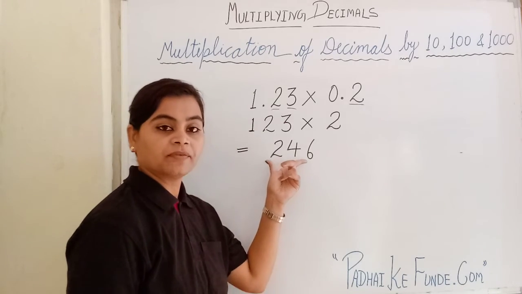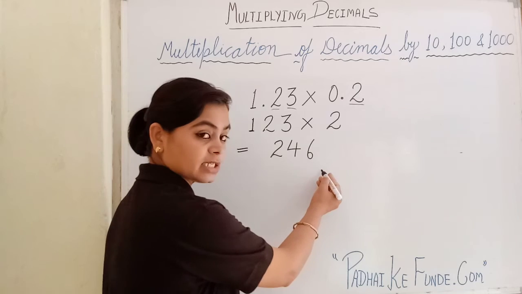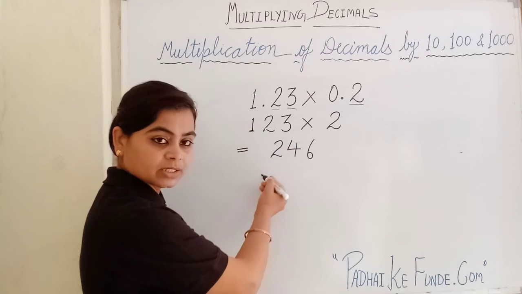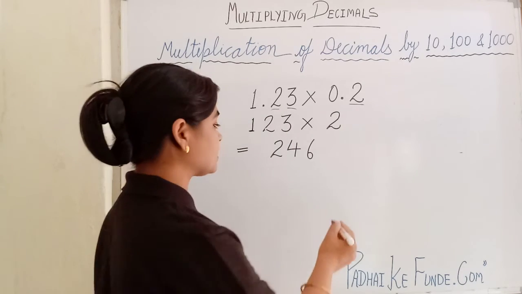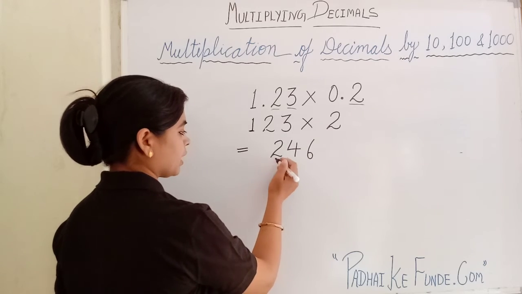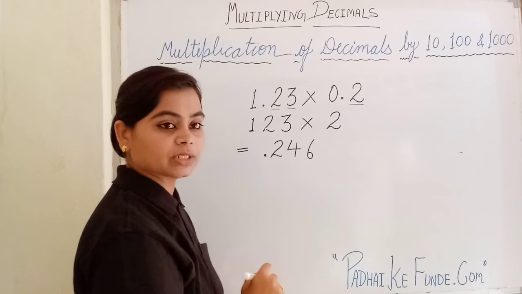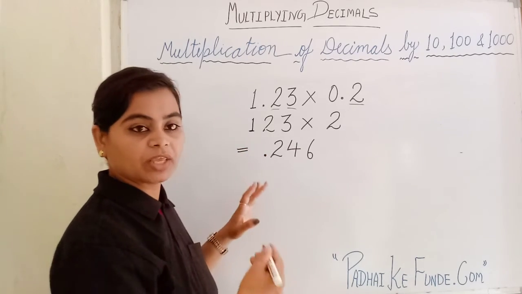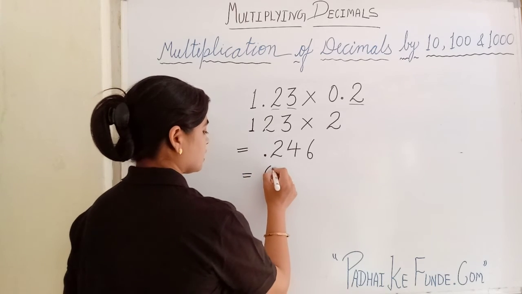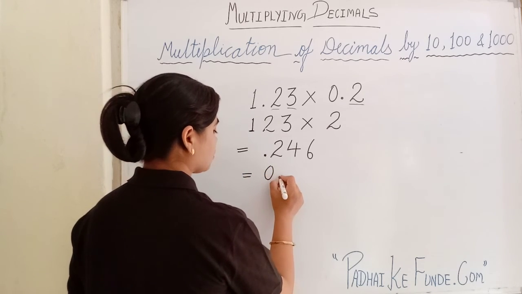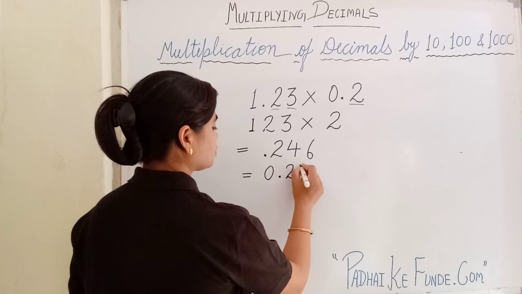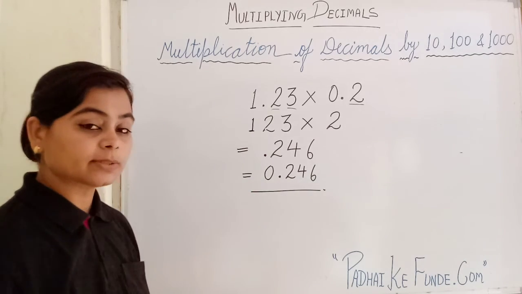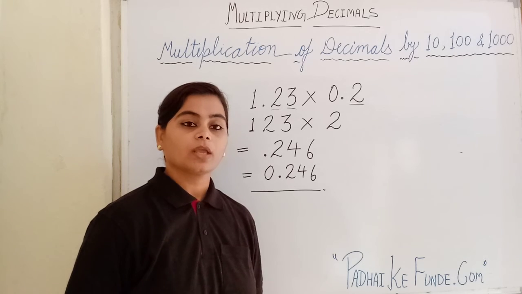So in the product we got, we will start counting from the last digit. 3 digits we have after the decimal. So from the back we need to count 3 digits and then after the third digit we need to place the decimal. 1, 2, 3. After this, that means here. So the decimal reached here at the initial stage. Before this we don't have any digit over here, so we can write 0. That means the product of 1.23 and 0.2 is 0.246. So this is the simplest way to multiply decimals. Hope the process is clear.